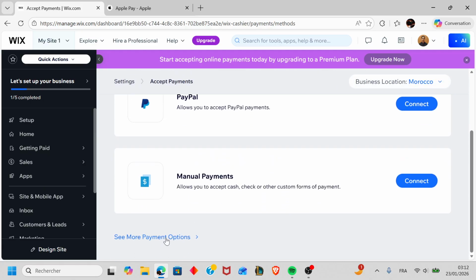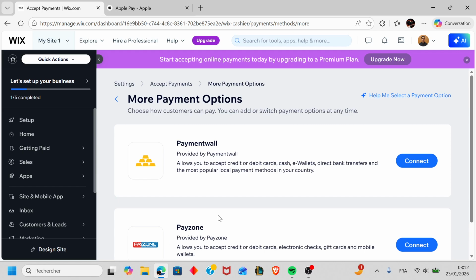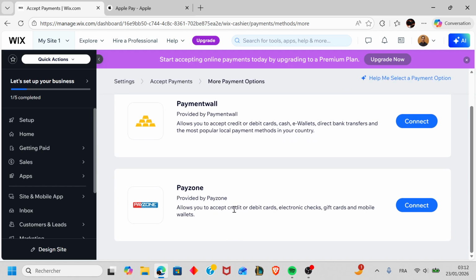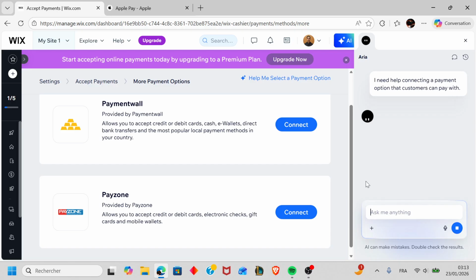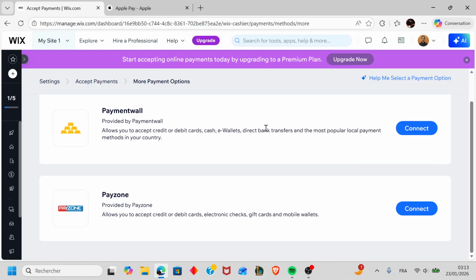After that, you're going to click on See More Payment Options. And here, you're going to look for and enable Apple Pay. You're going to scroll to Apple Pay, toggle it on, and complete the Apple verification if required. As you can see here, you're going to click here if you can't find Apple Pay, and you can discuss with AI and look for the Apple Pay options. After you toggle it on, you're going to complete the Apple verification if required, and you're going to test